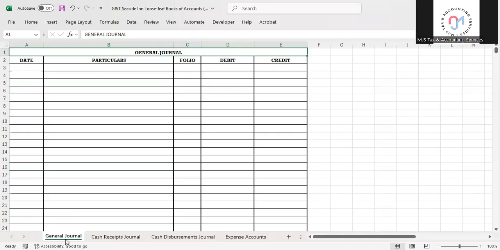because the recording of depreciation does not involve you receiving cash or you paying cash. And that is why it will qualify as one of the transactions that you have to record in the general journal. That would be all.